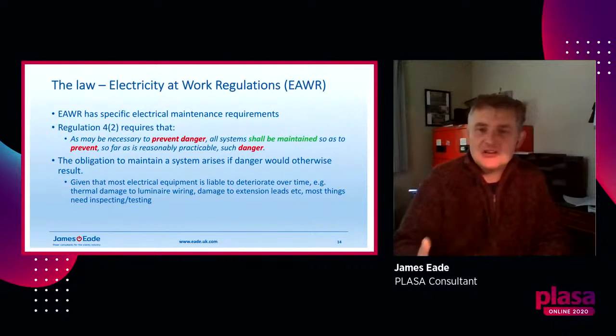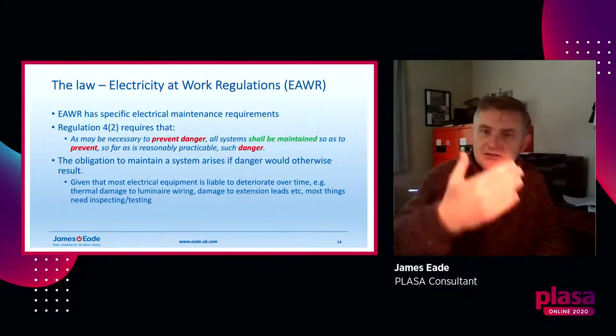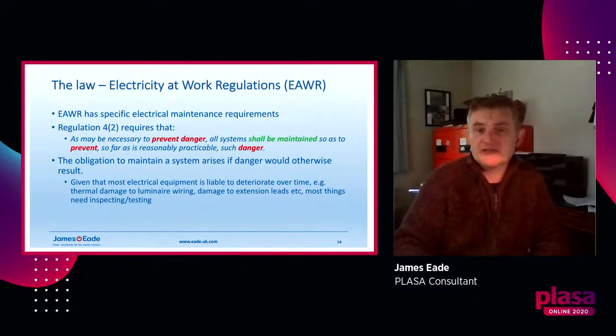Now, most electrical equipment is liable to deteriorate over time, even in an installation. When you've got thermal cycling of cables as current flows through them and it cools down, that will degrade insulation over a long period of time. Electrical equipment will usually fail because of overheating or other effects, usually always related to heat, actually. And so because these things are known to happen, are likely to happen, then it becomes incumbent on us to make sure that we maintain them at reasonable intervals to make sure that